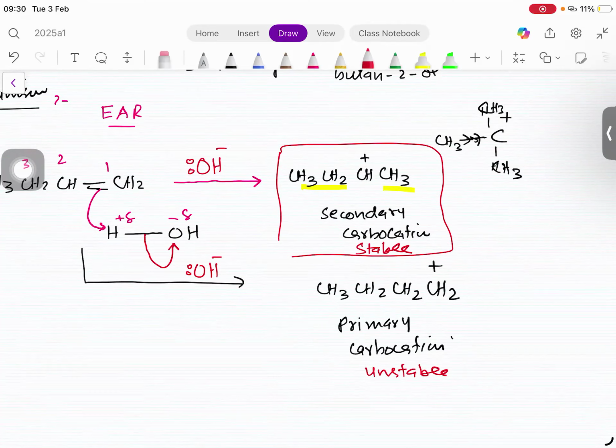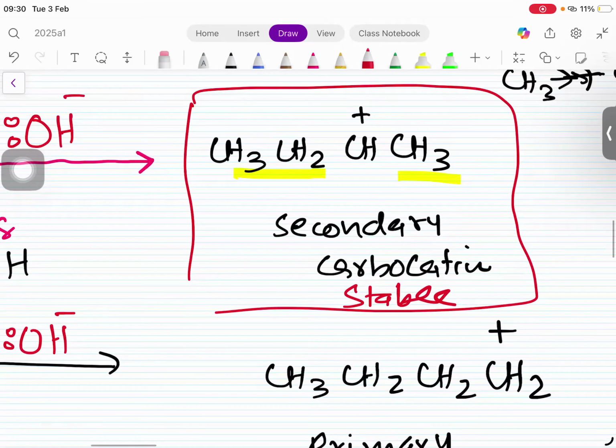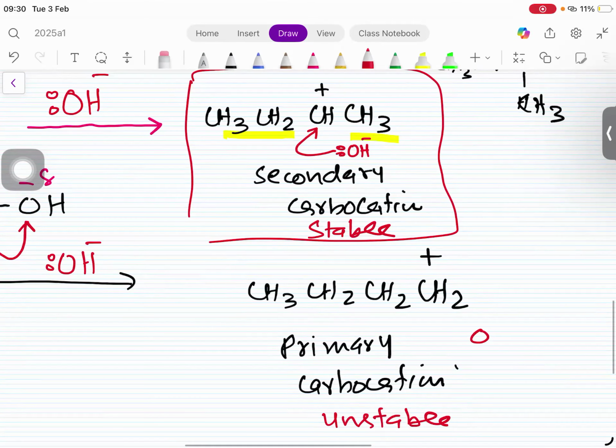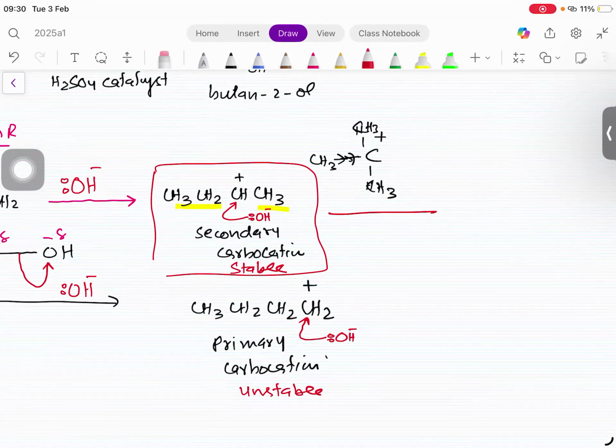In the second step, this nucleophile makes a bond with the carbocation here and the carbocation here. These curly arrows carry meaning, so you can't just put them in any way. The tail should touch the electron pair and the head should point to the carbon that is going to receive it. So the product is